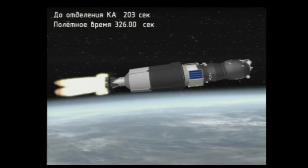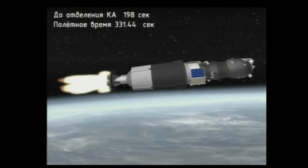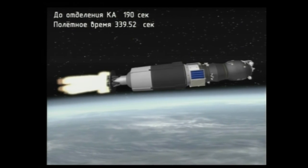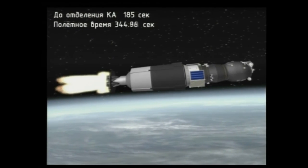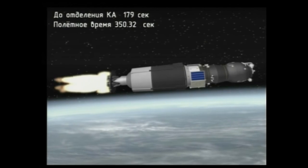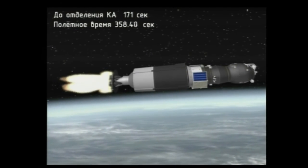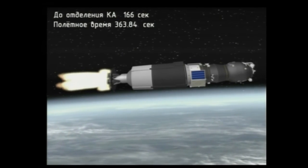At 320 seconds, all booster parameters and onboard systems are nominal. At 330 seconds, the third stage thruster operates nominal. Third stage engine continues to burn normally at the 5 minute 40 second mark into the flight. Just over 3 minutes of powered flight remaining. 350 seconds, all nominal. 360 seconds, yaw pitch roll